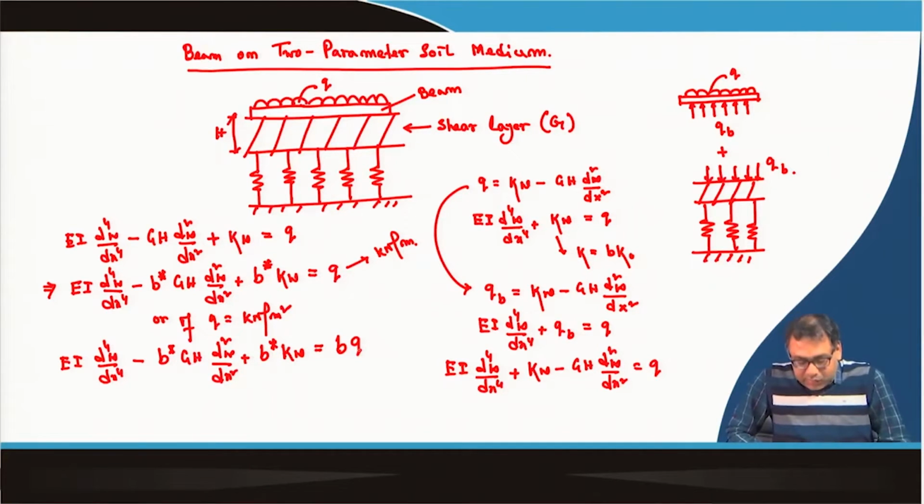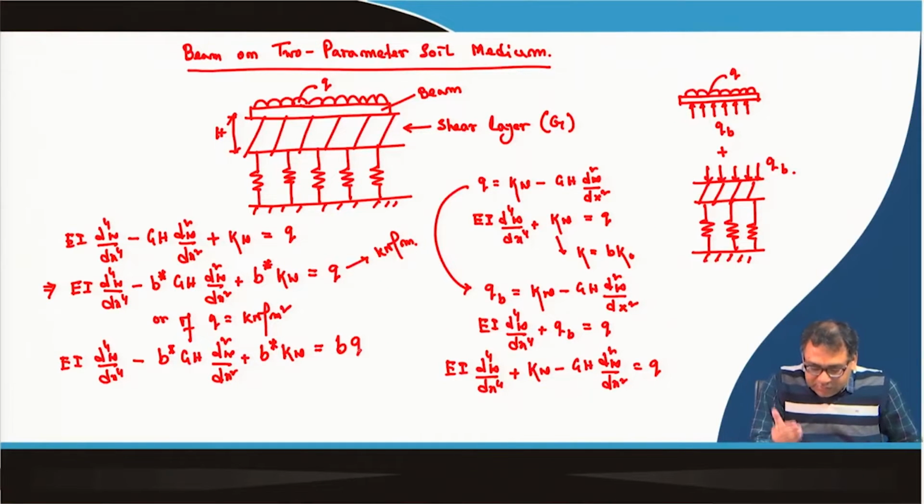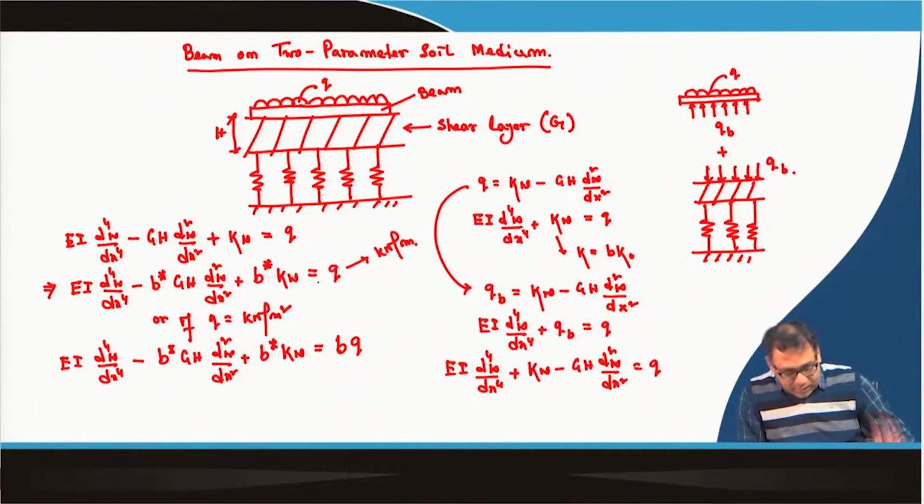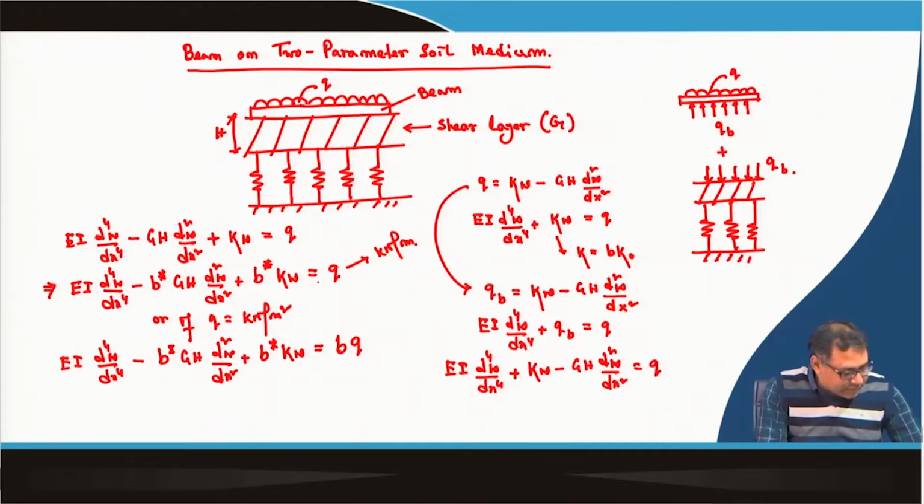Okay. If your q is kilonewton per meter square. So, most of the cases q is kilonewton per meter. So, in that case this is the equation. Now, this is the equation. So, here this k expression is